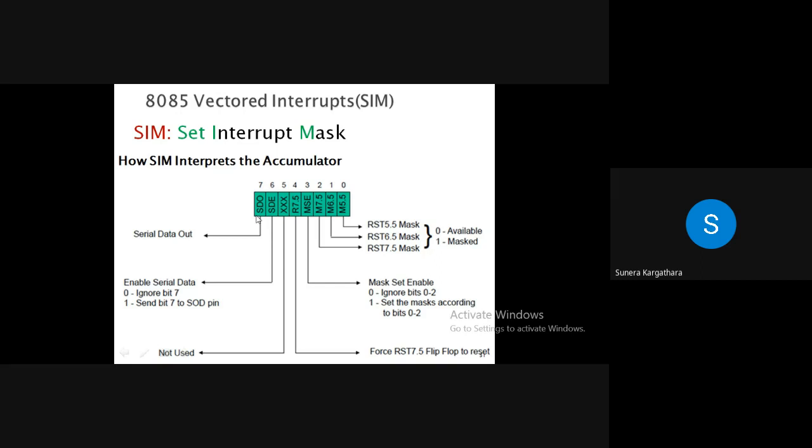हम लोग को पता है कि सीरियल है, that means communication will be bit by bit, right? At a time only one bit will be transferred. So here the D7 bit only will transfer to the processor. This is an unused bit. Forcefully, without controlling these three simultaneously, you can deal with individual RST 7.5 through this D4 bit as well. You can mask or unmask this 7.5. By keeping this one, you can configure the last 3 bits, either 0 or 1. 0 is available, 1 is masked. Okay? Any doubt now, students?